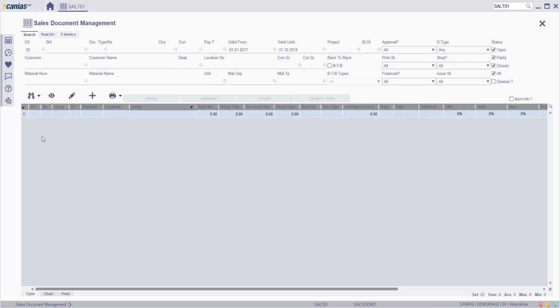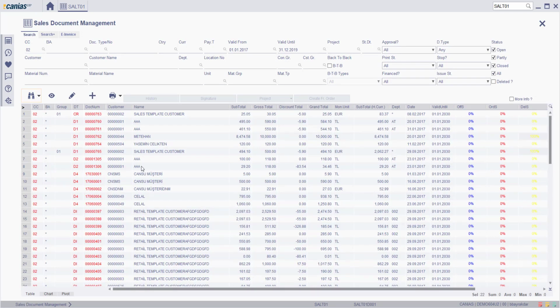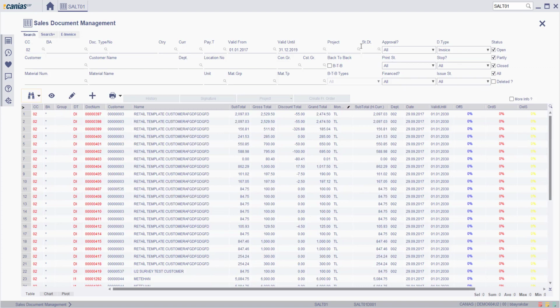And under the toolbar, there is a table which displays the listing results. The user can manage the results of this table by using the filters on the header section. In fact, the most favorite features of some widely used programs in daily office life are directly accessible from this table. For example, you may click on the tiny pen button on the right side of the columns to narrow down the search.